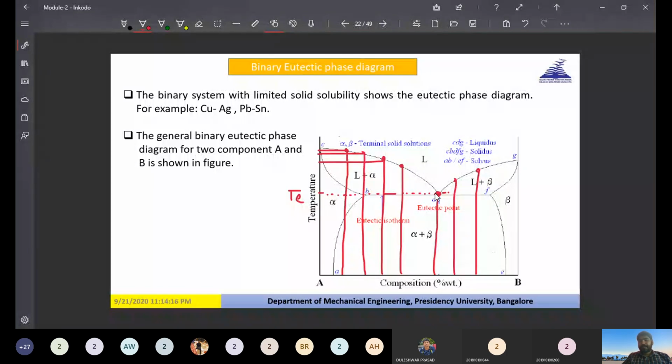Yes, any doubt so far? Anybody having any doubt? Yes, please tell me so that I can move forward. No, sir. Okay, good. Then we are going to move forward. So this is the importance of this eutectic diagram. You have seen that at lower composition of B, you are having a higher melting point, but there is a composition of A and B where you are going to get the minimum melting temperature.